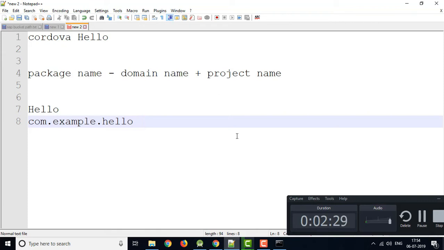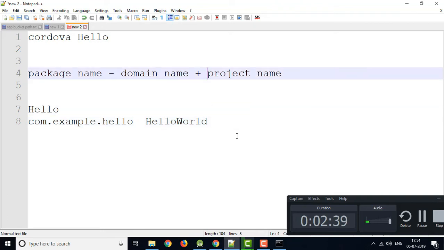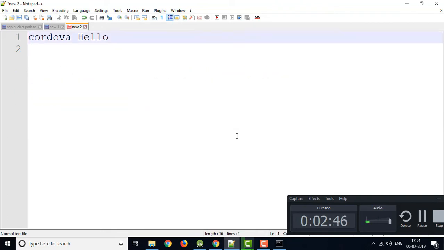That is up to us, whatever we give. Here I am giving hello world. So when I install my application, the name of the app will be shown as hello world. So I have to give hello, which is my folder name, then com.example.hello, space, hello world.